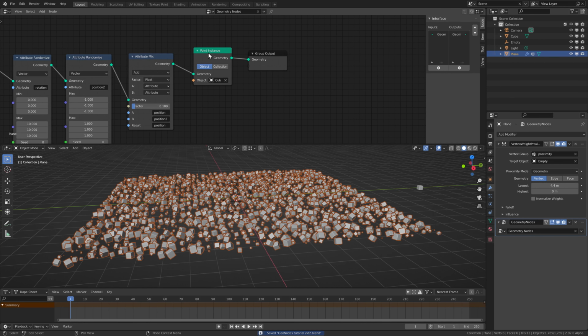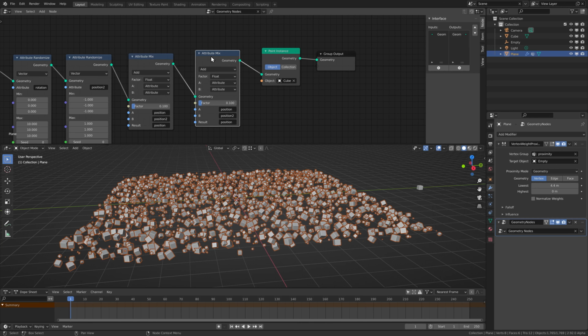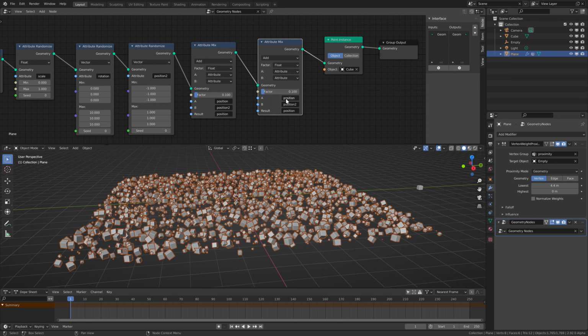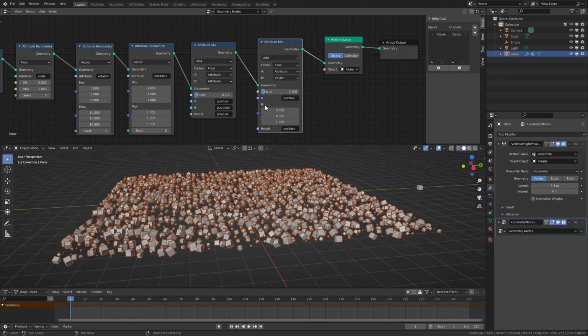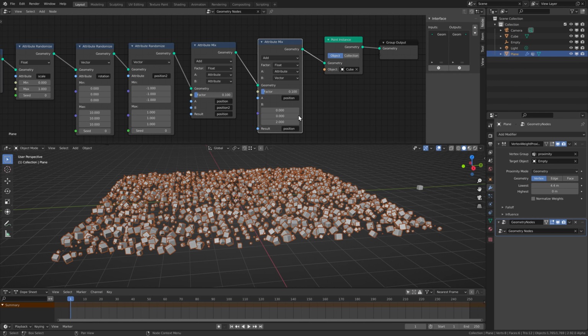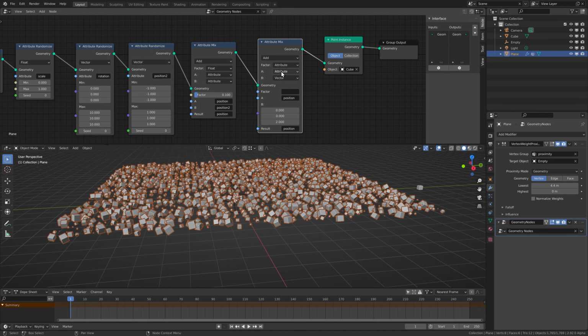So now it's as simple as moving this over a bit, adding another attribute mix node here, and taking the position attribute as A and adding a vector to it as B. And the vector can be something like 0, 0, 2. And then instead of a float as a factor, we can use an attribute as a factor. And the interesting thing is that we can also use vertex group as attributes in the geometry nodes. So if we just type here proximity,